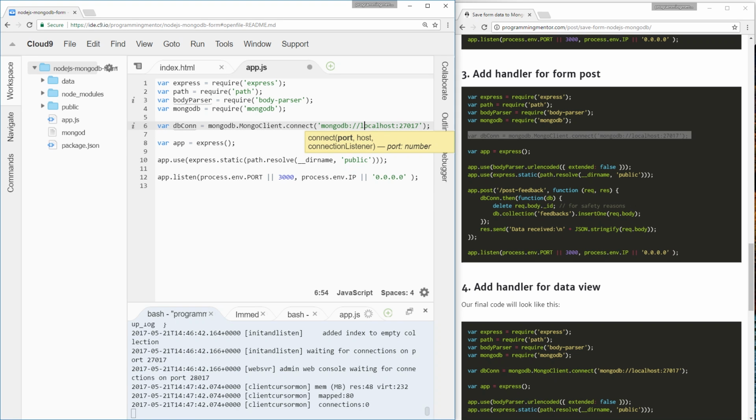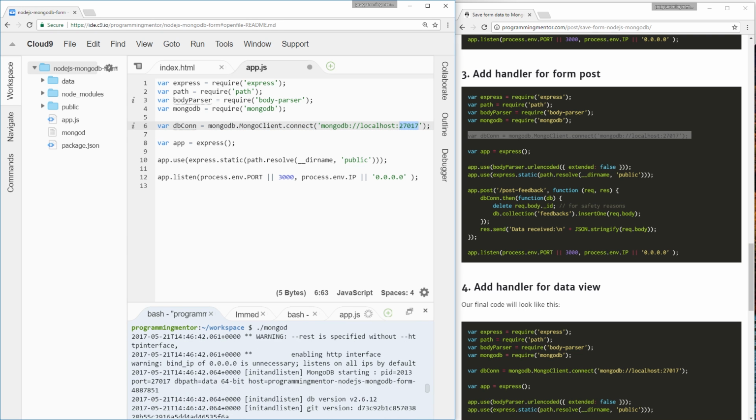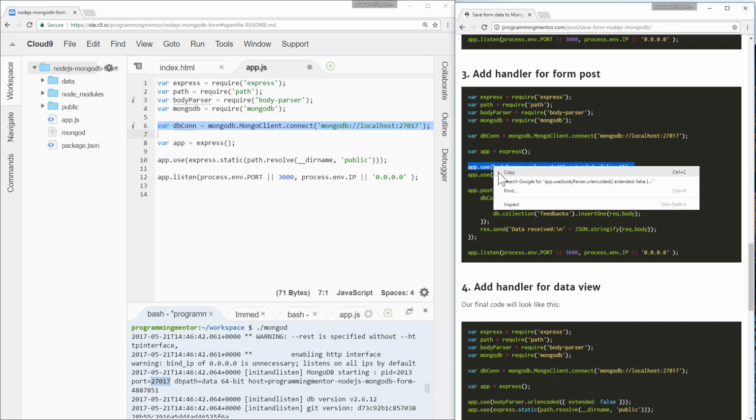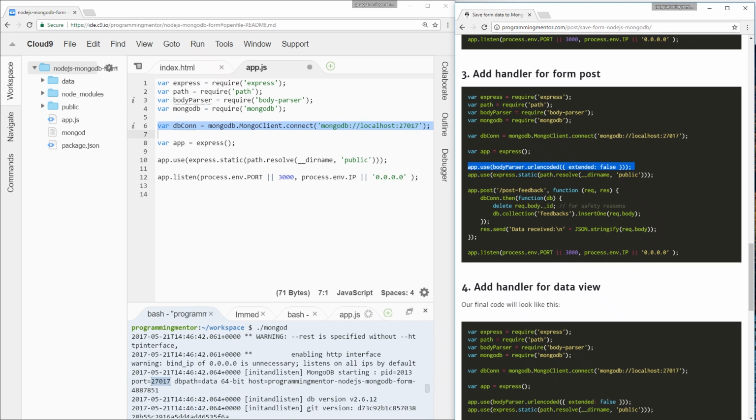We use the port that is provided to us by the MongoDB server. If we look through the output, we can find it. It's here. So we write our port and the name of the server. It's localhost for my server. So we should add a database connection, and then we should use a body parser that will extract